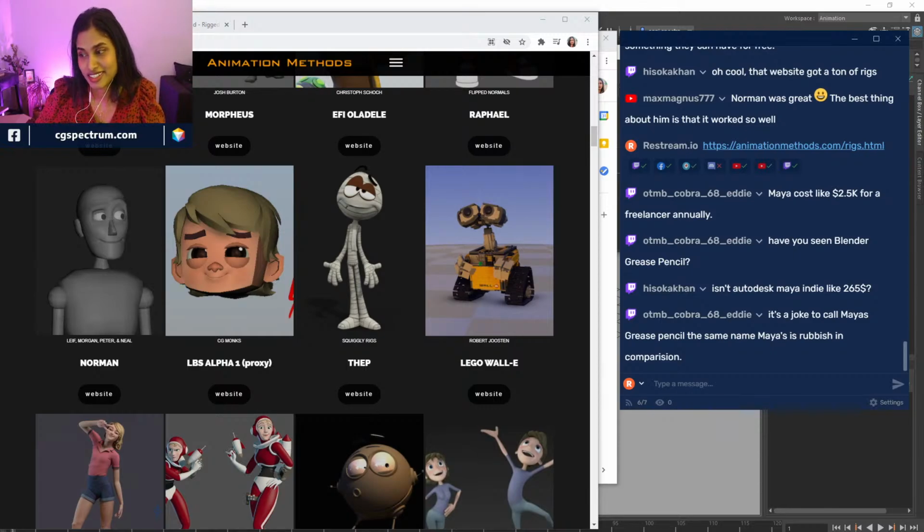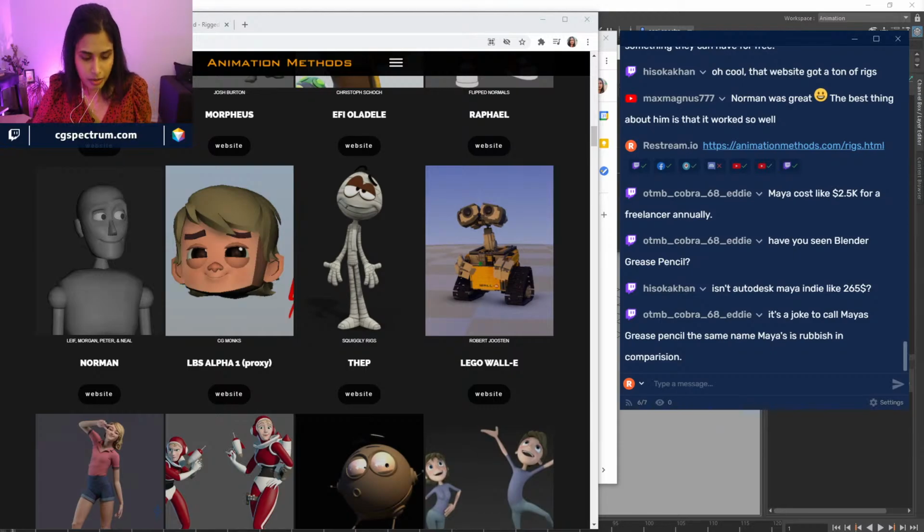Oh, well, Maya is pretty old. I mean, the more technology advances, people have to step up and learn new tools. And yeah, I see a lot of potential in Blender. As I see, the lighting, texturing, everything looks way better in Blender. So why not?